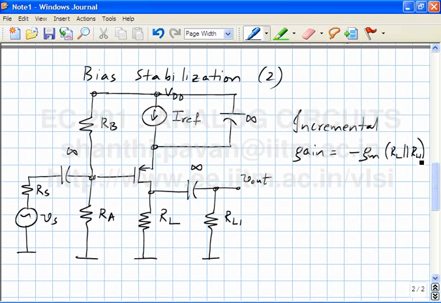How would I compute the maximum amplitude of the input sinusoid which will result in an output which still looks like a sine wave? We know the operating point of the device, so it is carrying a quiescent current of Iref, and we know the quiescent drain. What is the quiescent drain voltage, by the way? What is the quiescent potential at this node? Iref RL. The quiescent potential at this node? It's VDD times RA by RA plus RB.